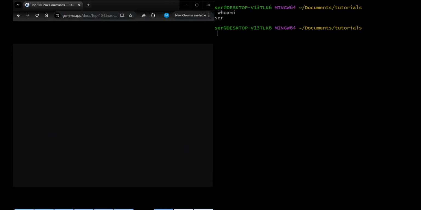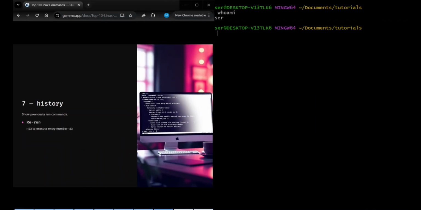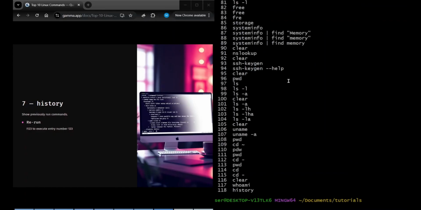Next up, the next command is history. What does the history command help you do? The history command helps you keep track of all the commands you've been running since the system got booted, that is, since the uptime of the system. All the commands that have been run on the system are going to be recorded. Right now, let's check how many commands have been written since I booted up the system. I type in the history command, and you see I've written well over